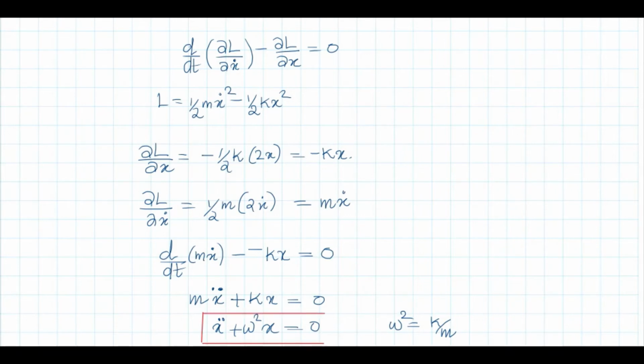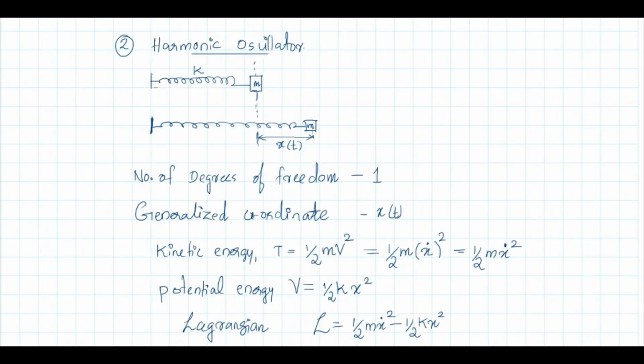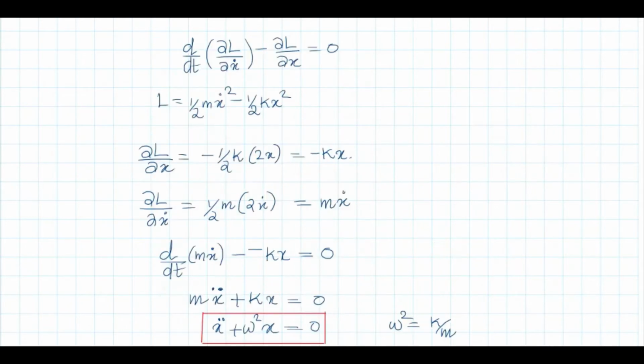Okay, this equation we can also arrive at using Newtonian mechanics. Now we derived it using the Lagrangian formulation. And you can also find the frequency of oscillation here. Comparing with the standard equation, you can see that the frequency of oscillation omega is root k by m. By integrating this 2 times, you will get position as a function of time. Integrating once, you can find velocity as a function of time, as we did in the case of the previous example. Okay. Now, I will go to the next problem, the third one.